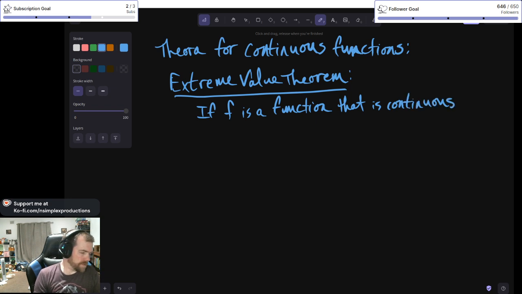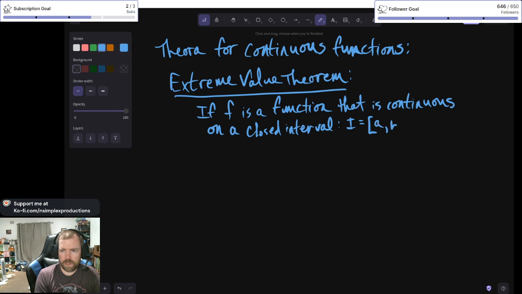If f is a function that's continuous on a closed interval A to B,